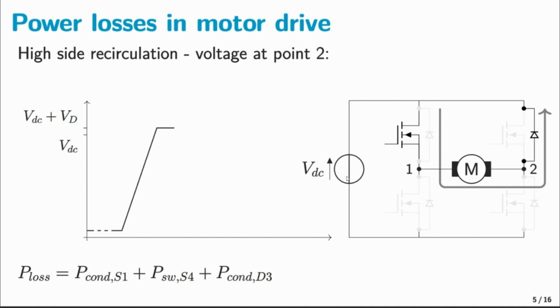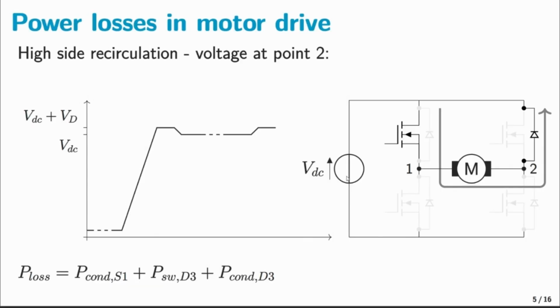As the motor current cannot become zero instantaneously, it circulates through the body diode of switch S3 during the dead time. During this interval, the losses incurred are conduction losses in S1, turn off switching loss in S4, and conduction loss in diode D3. After the dead time, switch S3 is turned on. During this interval, the losses are the conduction loss in S1, switch turn on losses in S3, and conduction loss in S3.